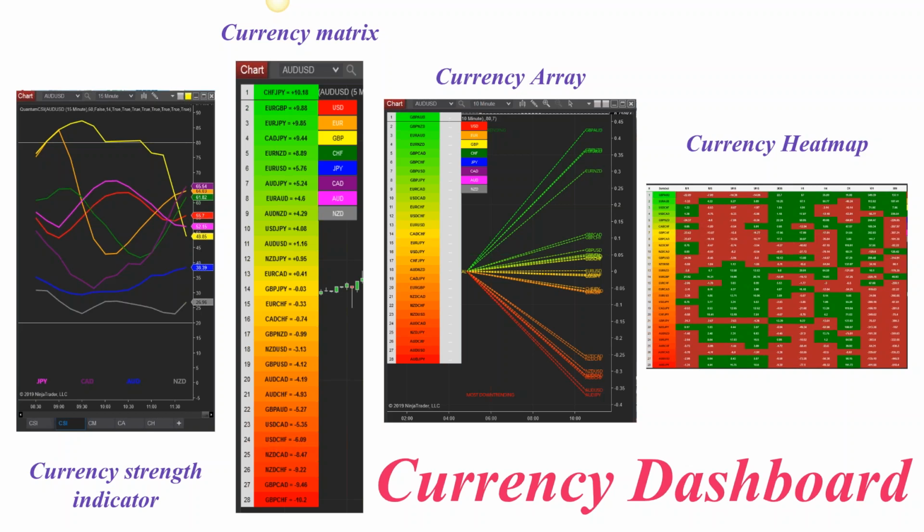The reason they move more slowly than on the currency matrix, than on the currency array, is because they are weighted, and they are weighted by the time frame. Because if you think about it logically, a 1 minute change in sentiment should not have as much impact as a 1 hour or a 1 day on where that currency pair sits in the ranking overall of bullishness and bearishness. And that's why they're weighted.